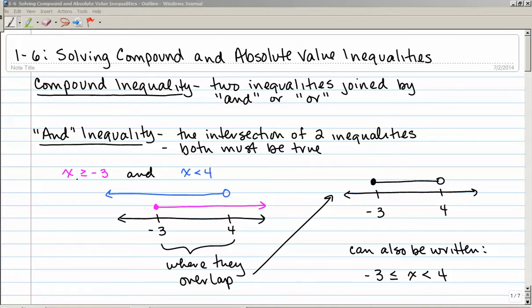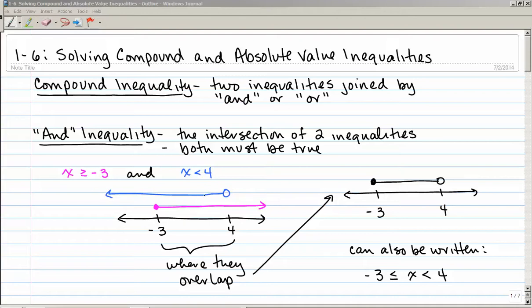So, for example, x is greater than or equal to -3 and x is less than 4. Both of those must be true. So I've graphed x is greater than or equal to -3 here in pink, and x is less than 4 here in blue. In other words, what numbers meet both of those criteria? What numbers are greater than or equal to -3 and less than 4? And that would be the numbers in between here where the two inequalities overlap,